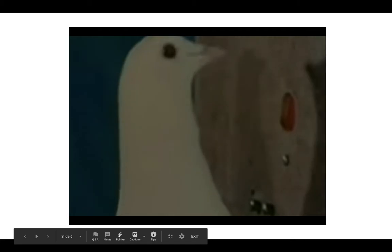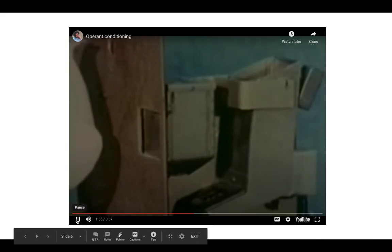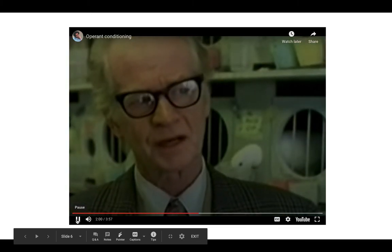We usually use a response with a pigeon pecking a little disc, a little spot on the wall, and you can reinforce with food. But you don't reinforce every time. Perhaps every 10th time, or perhaps only once every minute, or something like that. There are a very large number of schedules, and they have their special effects. And there is a good example of how you can move from the pigeon to the human case, because...